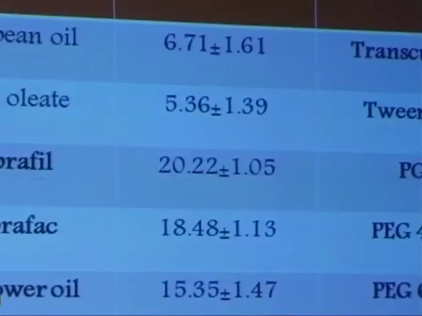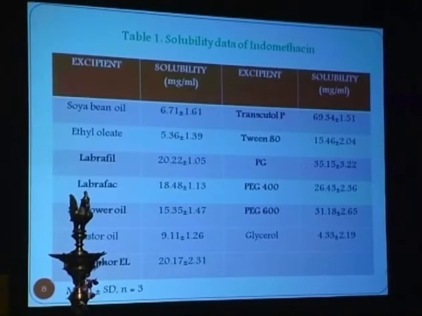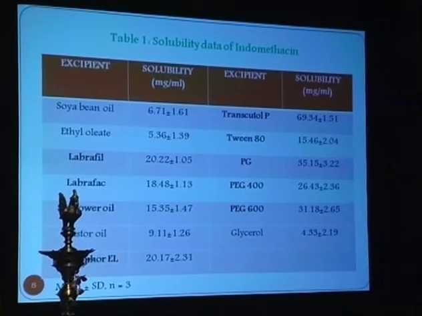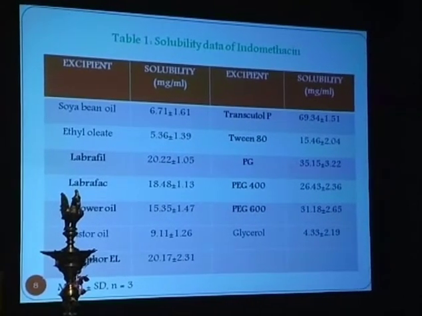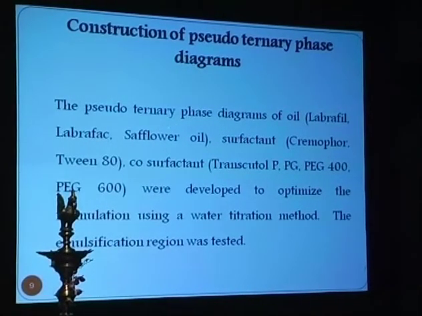If you see the biopharmaceutical classification, most of the drugs come under poor solubility and hence present a problem. First they were allowed to reach equilibrium for about 7 days, then the centrifuged supernatant liquids were diluted and quantified by UV for solubility. Among the surfactants, Cremophor, Transcutol and Tween 80 are showing good solubility, while among the co-solvents, PG, PEG 400 and 600 have better solubility. So these were carried forward for further study of constructing the pseudo-ternary phase diagram.